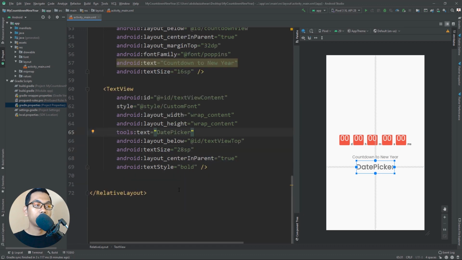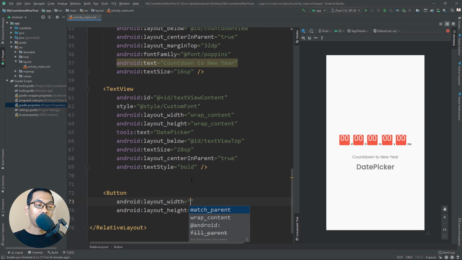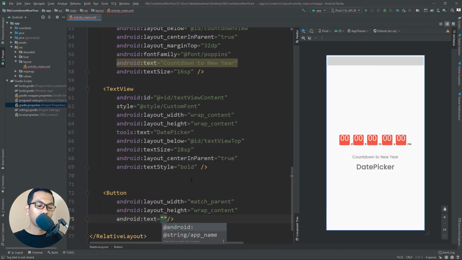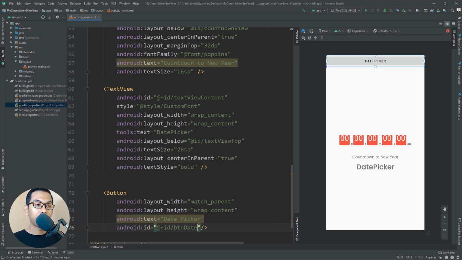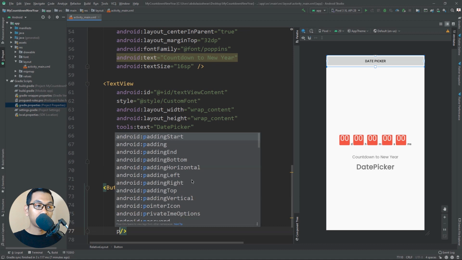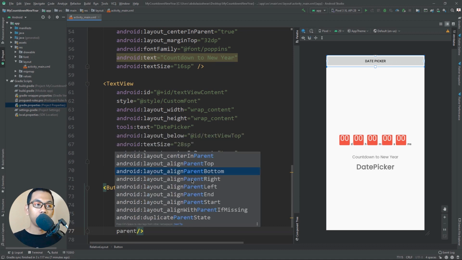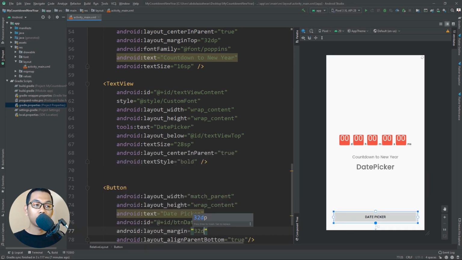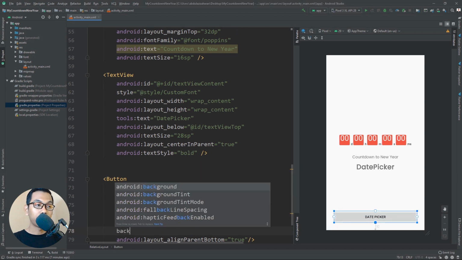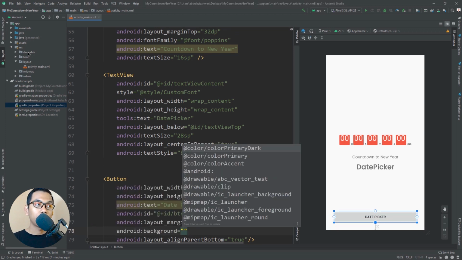Alright, and the last is we need to give a button, and for the width set it to match parent, and for the height set to wrap content, and we give text to date picker, and we give ID maybe btn date picker, and then we set it to be at the bottom, so align parent bottom set to true, and we give margin 32 dp, and for the background we need to create a new drawable resource file,